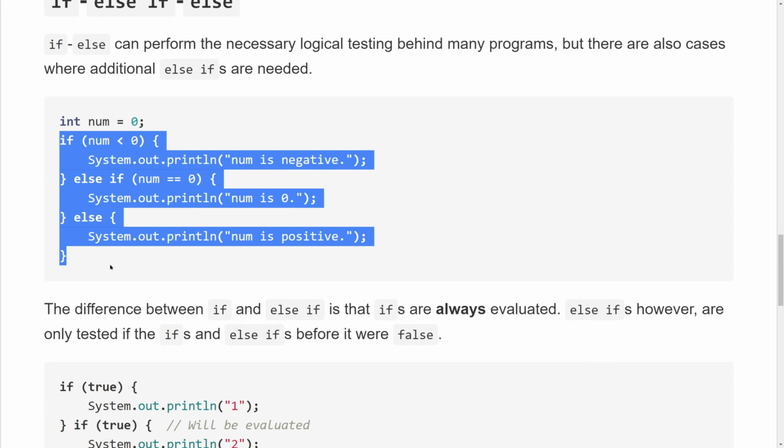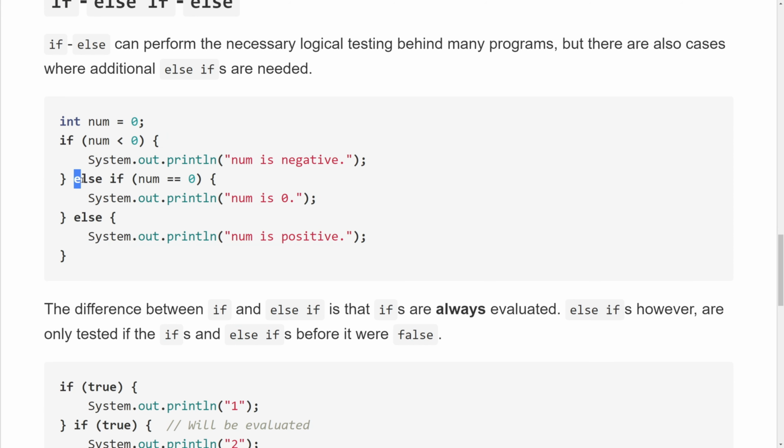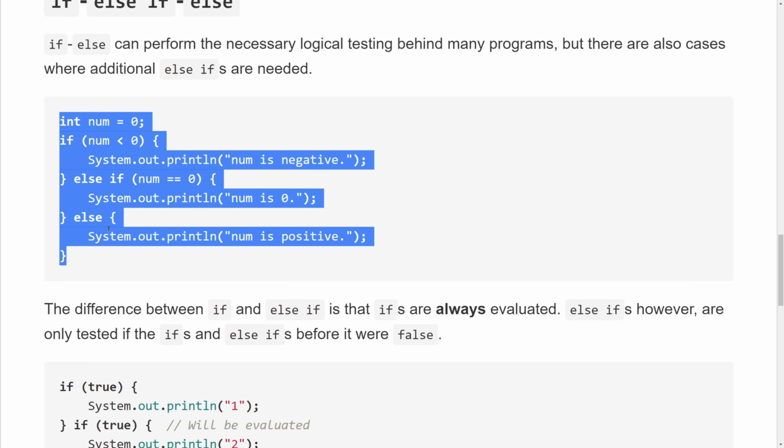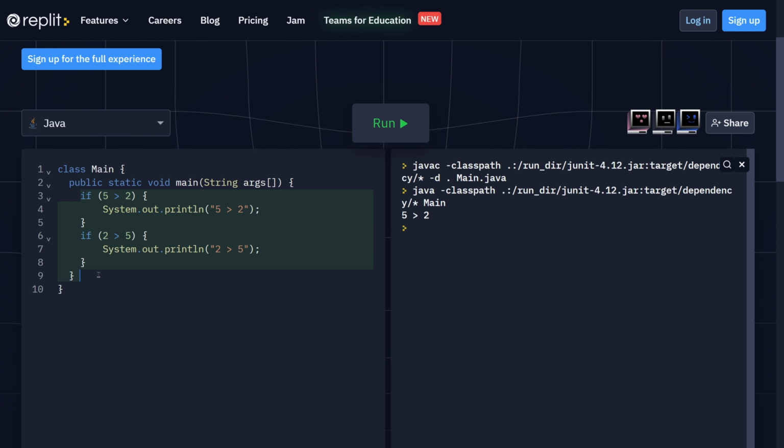So in this whole tree kind of structure, this will be tested if this is false. This will be run if neither of these were true. So let's take a look at the output of this program. I'm going to copy this code into our editor once again